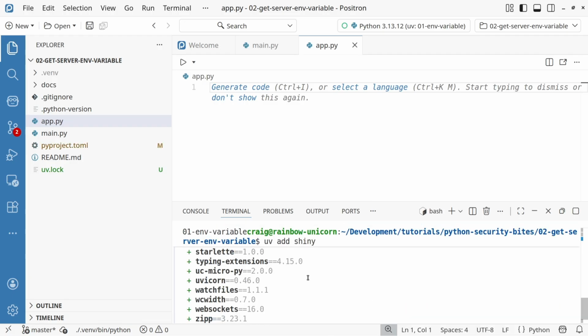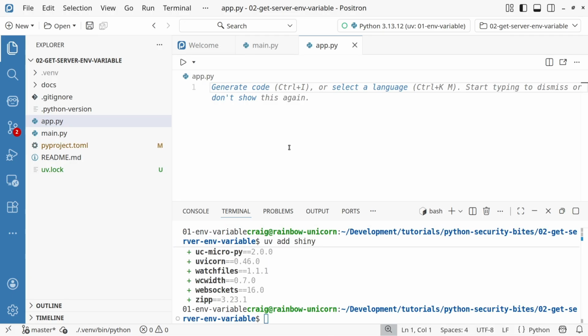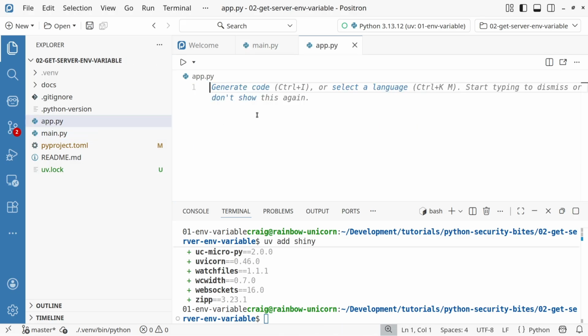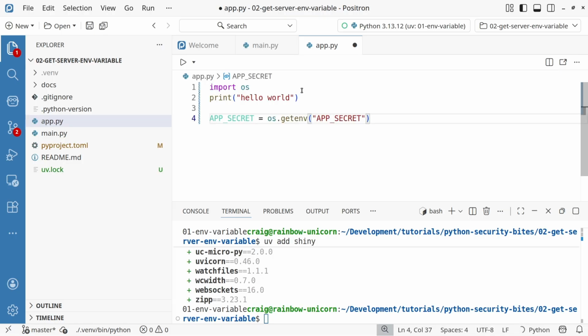And I've done UV add Shiny. With Shiny installed, I have a new file here. The previous video dealt with this main.py, import os, and maybe I will just grab this for now. Do copy, and I will paste it in here. We don't need the,